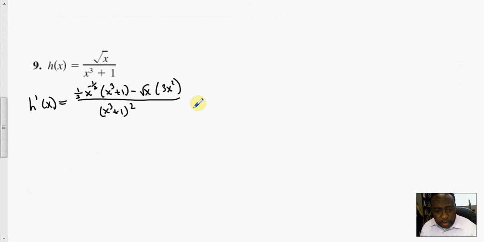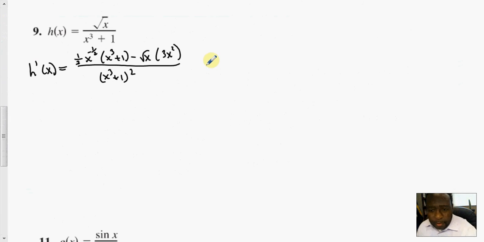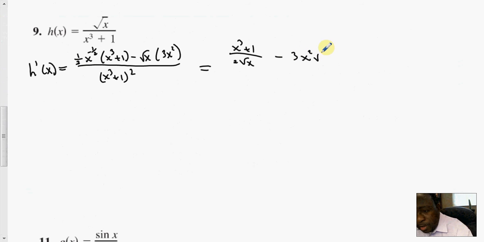So now the rest is just simplification. So this is x cubed plus 1 over 2 times the square root of x minus 3x squared times the square root of x